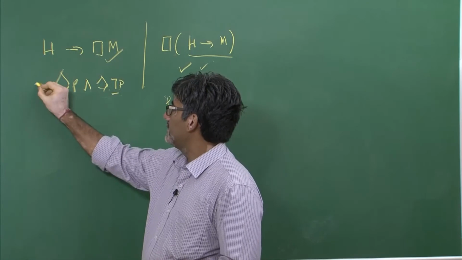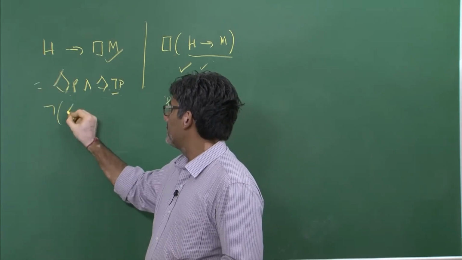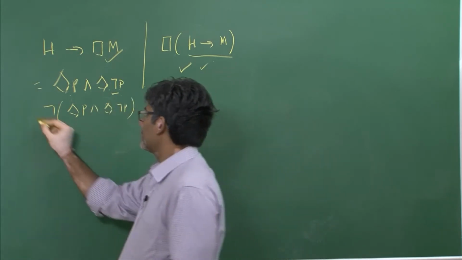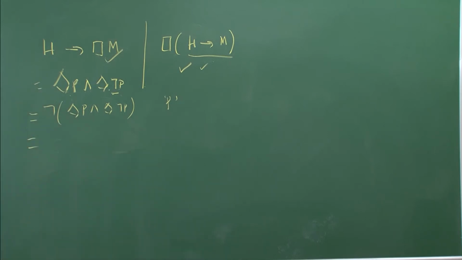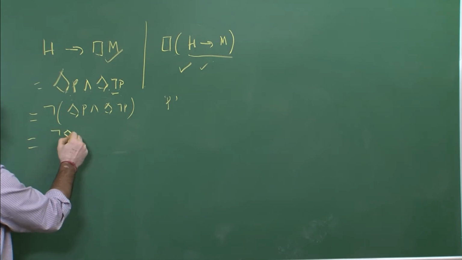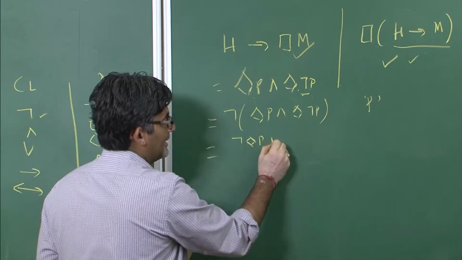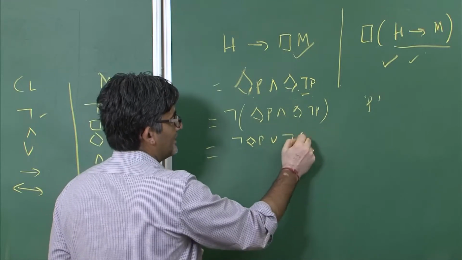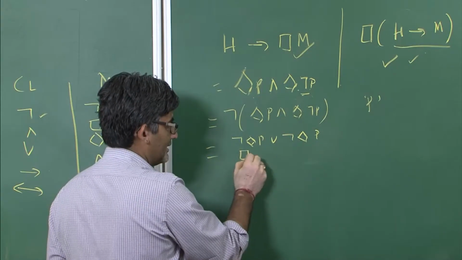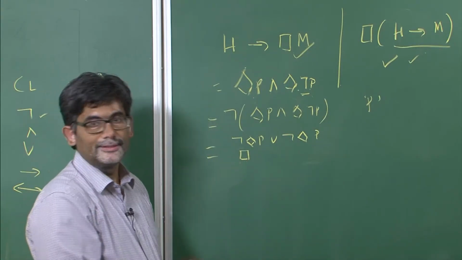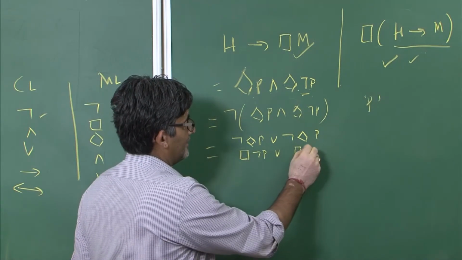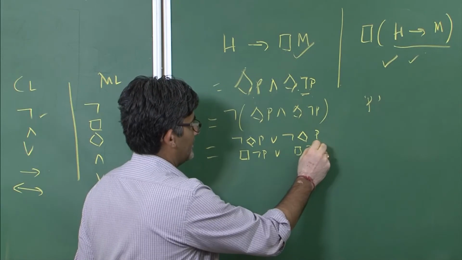Something which is contingent is this one, something which is not contingent is this one, necessity of P, necessity of not P. Of course, if you want to simplify it a little bit, then it will become negation of possibility of P, negation of conjunction is R, and this will become not P is P. So again it further simplifies to this thing, necessity of not P or necessity of not P.